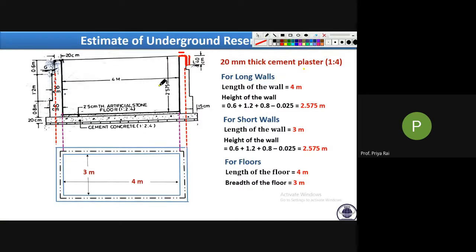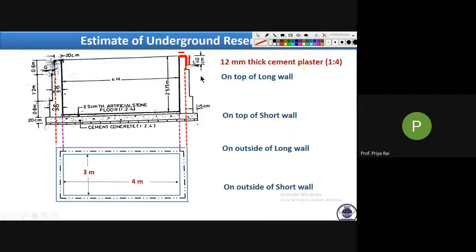Okay, otherwise simply what you have to do, we have to consider separately. For top separately we are calculating area, and for this side portion we will need to calculate separately, then we need to add. Okay, so there are two methods, whichever you feel you can do. Okay, so here I have done in two ways. First is what? On the top of the long wall, that means plastering on the top of the long wall. So this is the area, see this much area. Okay, for this what is the length?